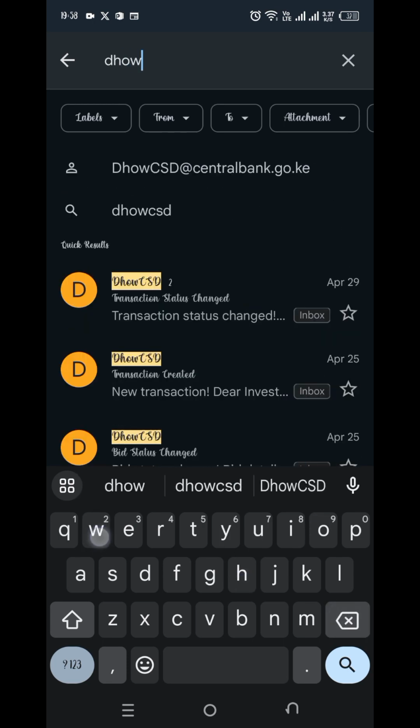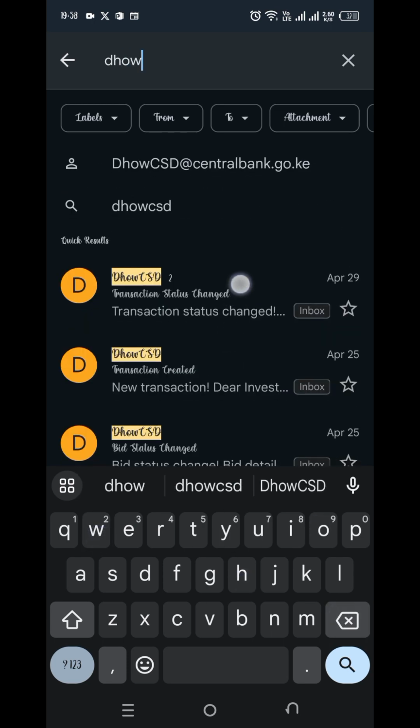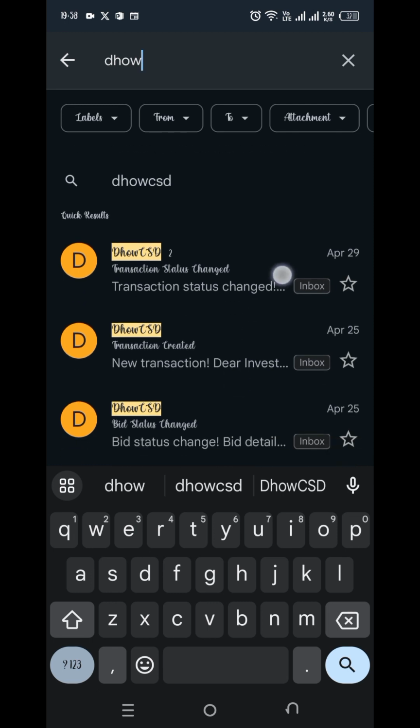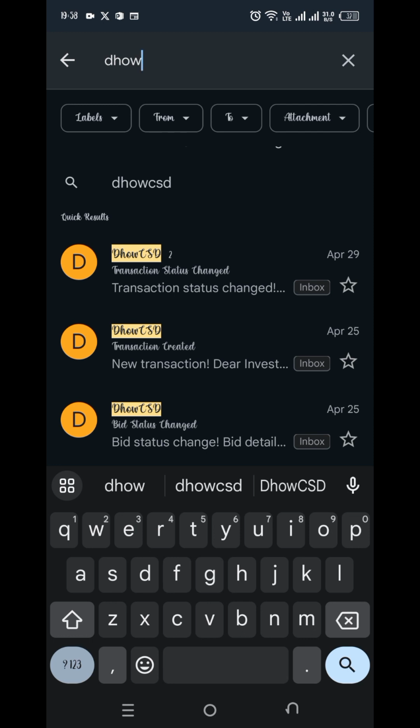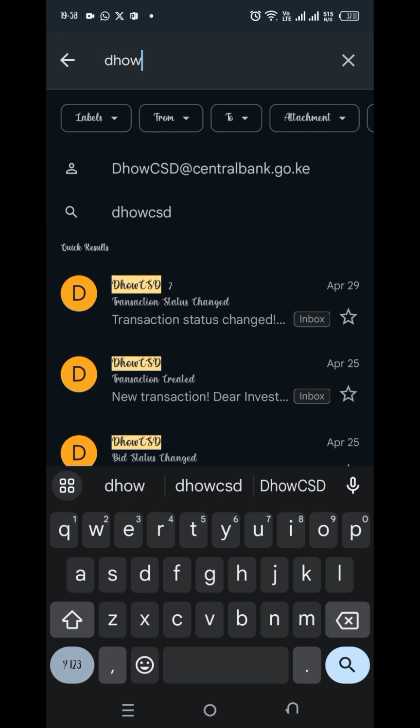DhowCSD. So you will be able to see that you'll be updated about the placement of your bid, a notification that you have placed a bid. Then you'll receive another notification that your bid status has changed. That is, maybe your bid has been accepted. Once the bid is accepted, a transaction will be created in your app. Then let's open this final one